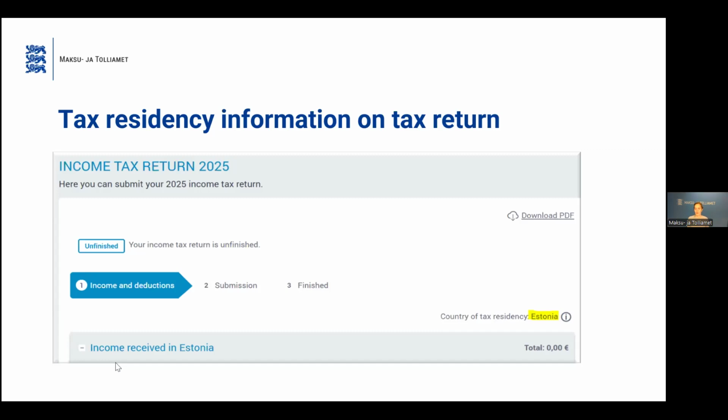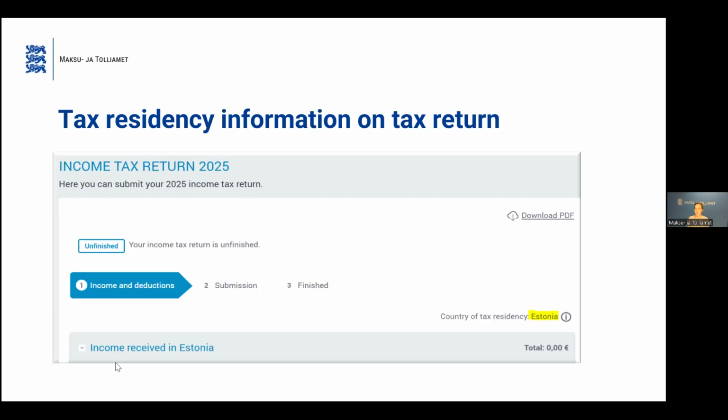But your foreign income, which is derived outside of Estonia, is not taxable in Estonia. But you can submit your Estonian taxable income in the tax return here.